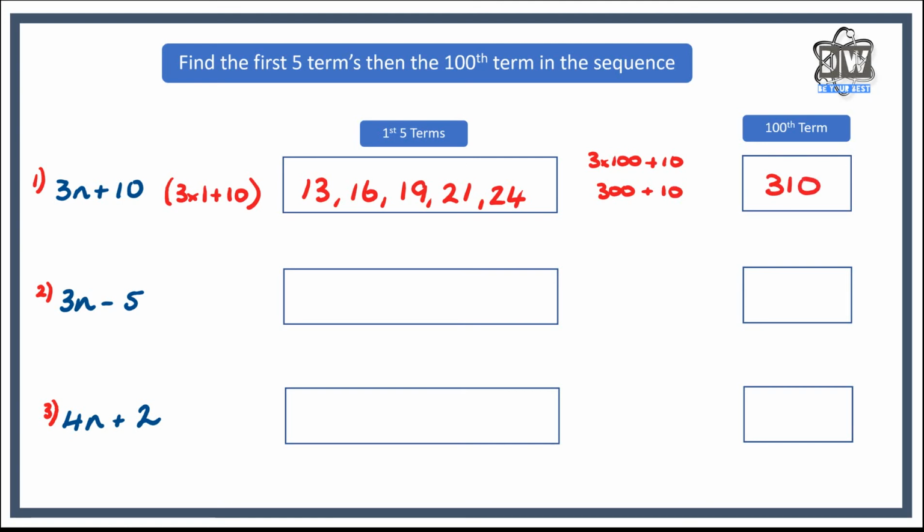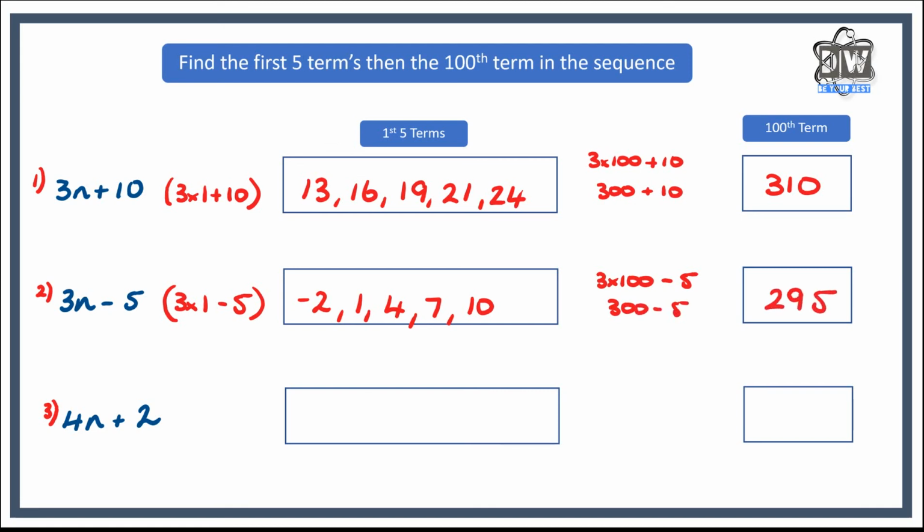This one was a little bit more tricky, so it's 3 timesing by 1 minus 5. Well, 3 timesing by 1 gives me 3, but I've got to take away 5 from it. So 3 take away 5 gives me minus 2. But we know it's going to go up by 3 each time, so my next one would be 1, then 4, then 7, then 10. Let's find the 100th term, so it's 3 timesing by 100 minus 5. 3 timesing by 100 is 300. 300 take away 5 gives me